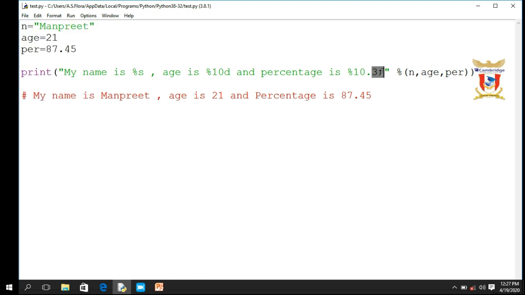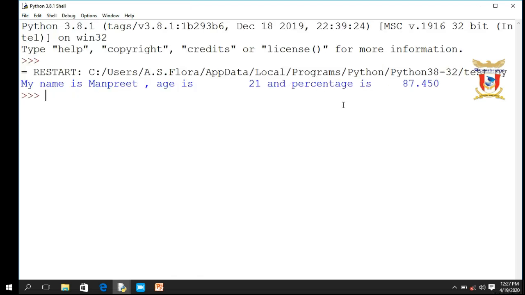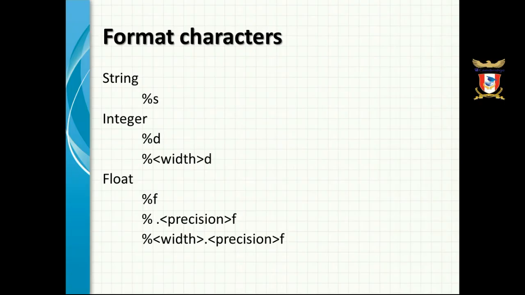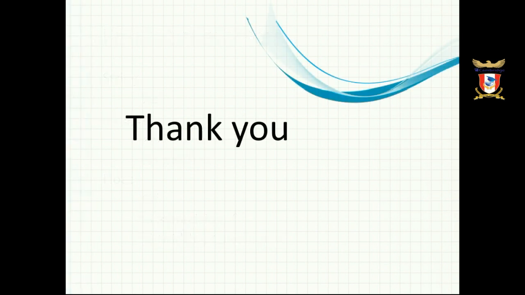That means we want to display the percentage value with a width of 10 and 3 decimal places. Save it, then run it. Now you can see it displays this value with a width of 10, preceded with 8 spaces, and 3 decimal places. And that was all about how to format output by using format characters.